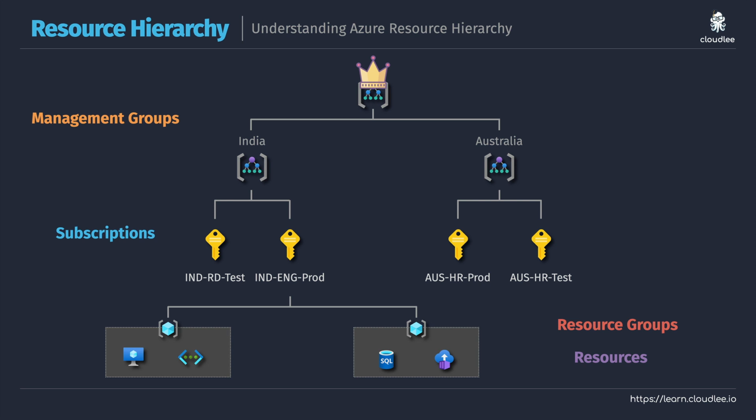And when we use it in the real world, it's going to help out with things like applying security policies. So maybe India and Australia have different security rules. We could apply those at the management group level and have them filter down to the subscriptions, resource groups, and resources. Or maybe you just want to use this sort of hierarchy to better understand billing. Well, you could do that as well. And as another example, we could use things like resource groups to better control the deployments of our solution. Really, again, as I say, these are just the building blocks, and how you use them is going to depend on what you're trying to achieve and the way in which your organization is structured.